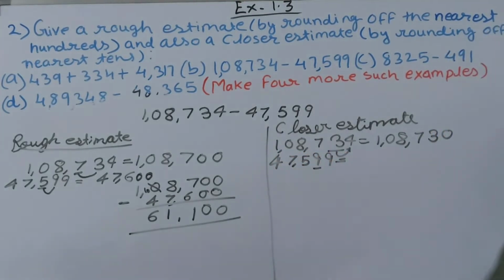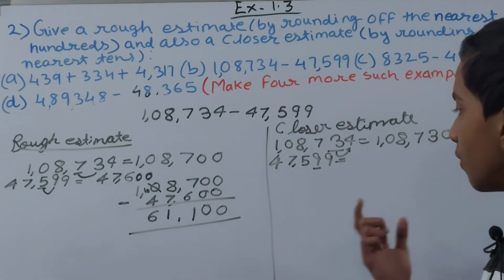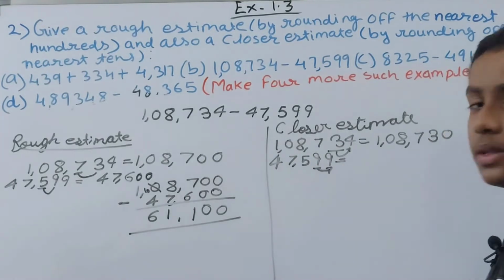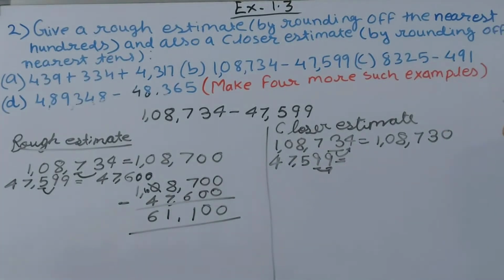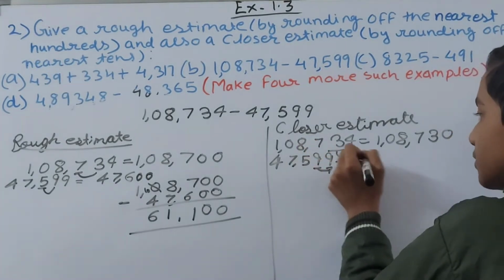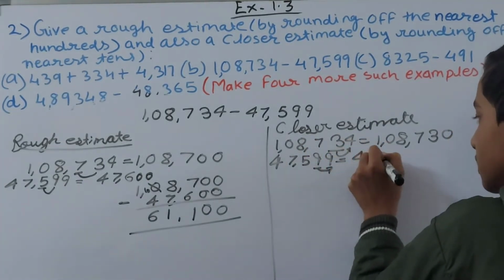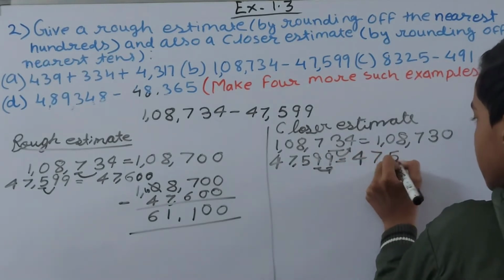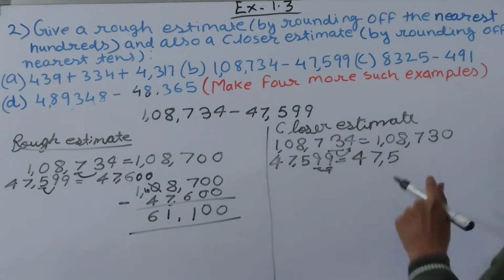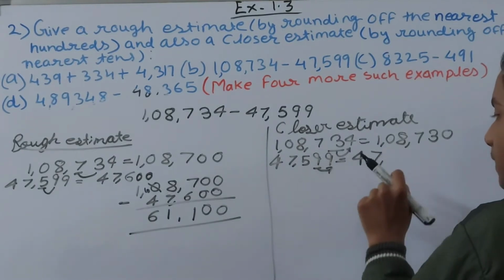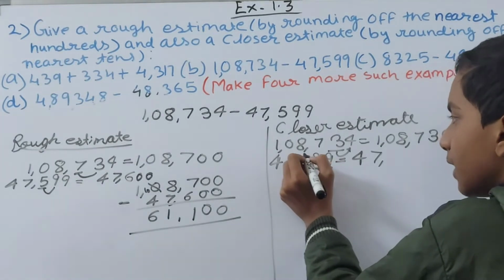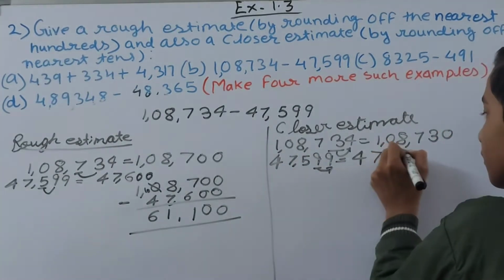We have 9 at tens place, and if we go one place back, we get 9 again. So then what we will do, we will turn this 9 to 0 and add 1 to this 9. So that is 47,000, and then 5 will be as it is, 9 will turn to 10, but you need to keep one thing in mind. Whenever you are adding 10, we cannot write 10, this 9 will turn to 10, so we will take 0 and 1 will be carried to 5. So that will be 600.